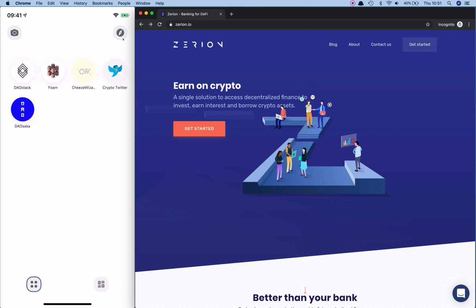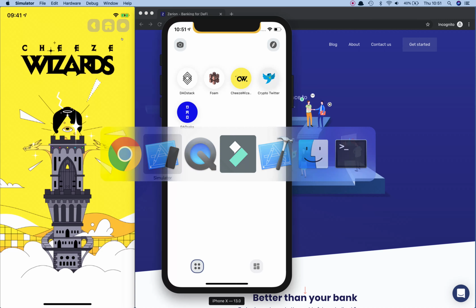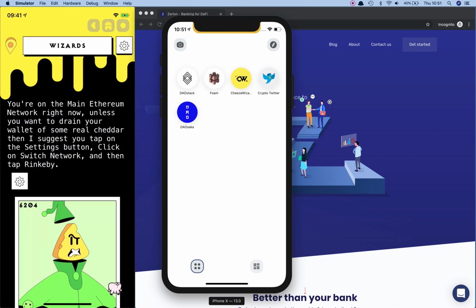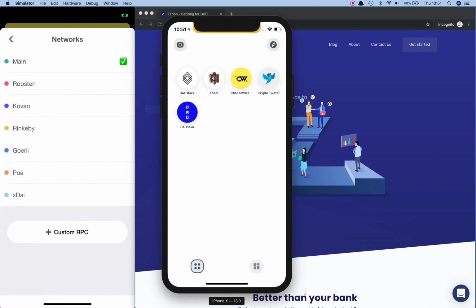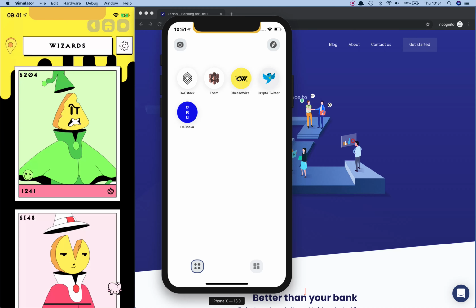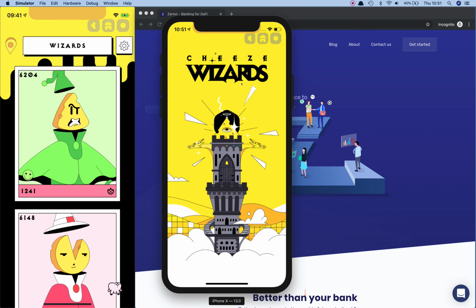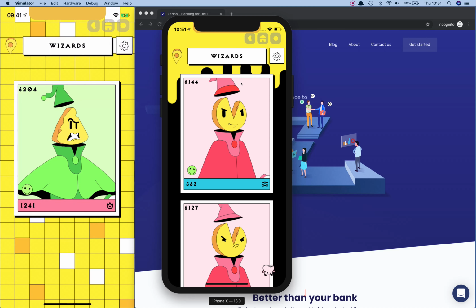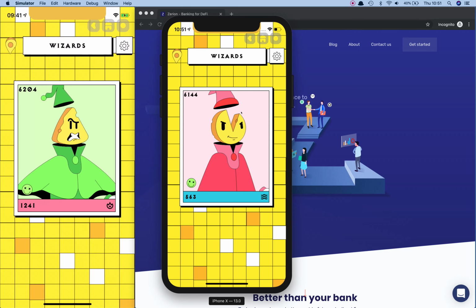So I can go into Cheese Wizards in my Alice app, and you can see maybe there's messaging saying, okay, I need to switch network. So I go into Rinkeby, switch it, disappears. So now I know I'm on the right network. And what we've done with Cheese Wizards is we've built the ability for you to be able to battle other wizards around the world. So if two people have Cheese Wizards on their mobile, what can happen is this person